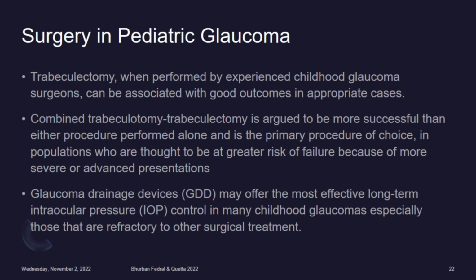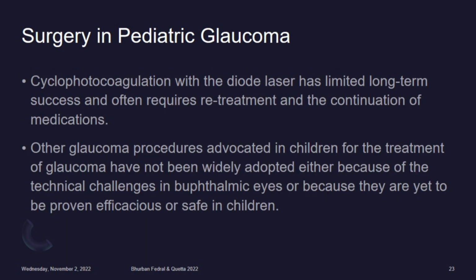Glaucoma drainage devices are another choice for surgical treatment. Cyclophotocoagulation with diode laser has limited long-term success and then requires retreatment and the continuation of medication. Other glaucoma procedures used in children have not been widely adopted, either because of technical challenges in pediatric eyes or because their efficacy or safety in children is not yet proven, like deep sclerectomy or viscocanalostomy. So we always say that goniotomy or trabeculotomy, the angle surgery, should be the